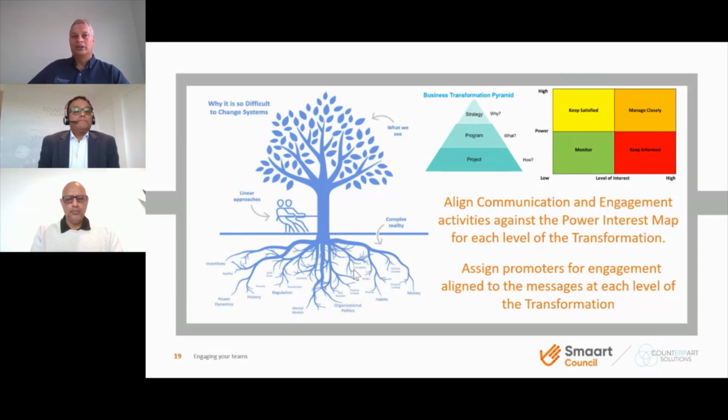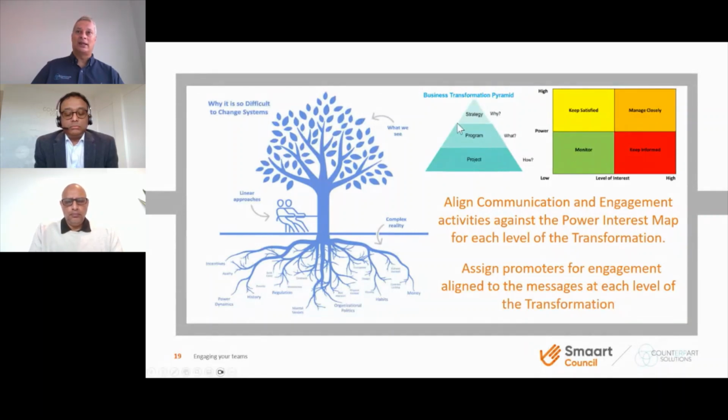It's a good point, Ganesh. We've got one client at the moment that's utilising this model as part of their overall transformation. And what they've done is really embraced a spirit of being open with the business. They call it "under the hood". So what they'll do is have talks with the business. They'll have that key engagement and messaging as we've outlined in the power interest map. They'll have the different levels of communications as well, so different types of communications.